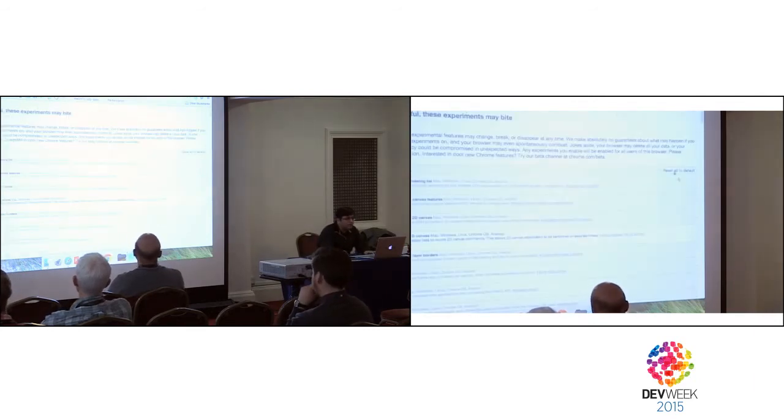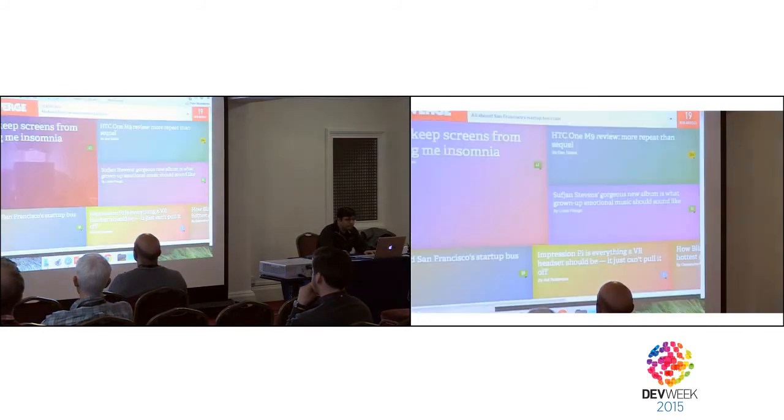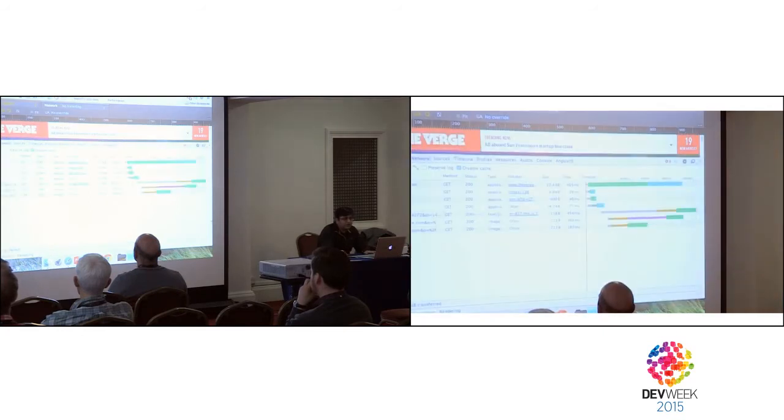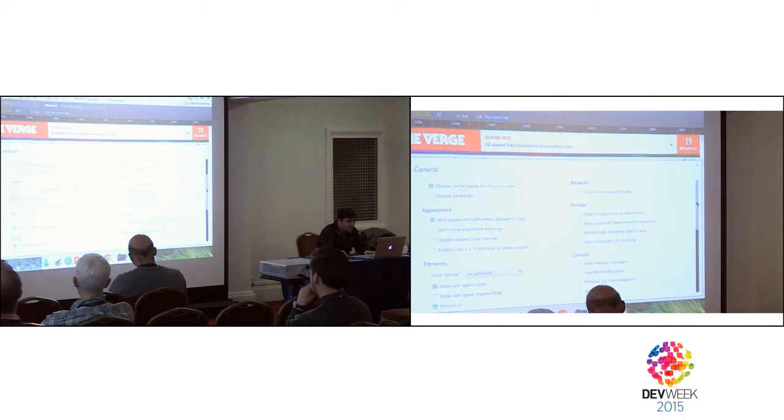Then you go to any one of your favorite sites. You open the DevTools again. And then you click on this gear, that is the settings icon. Can I make this any bigger? No. And then you go down here,